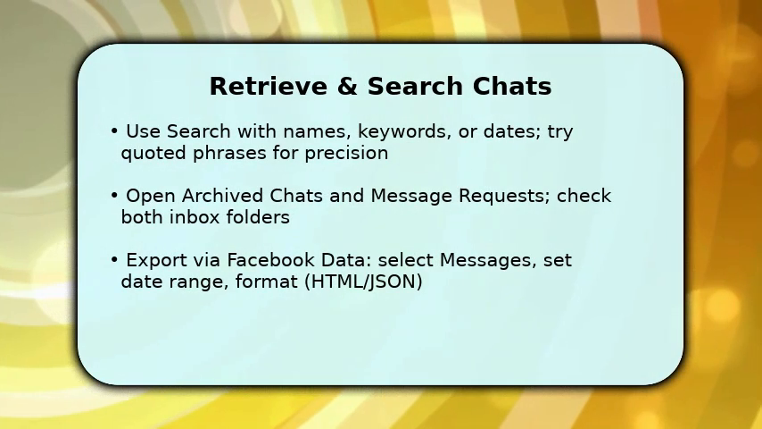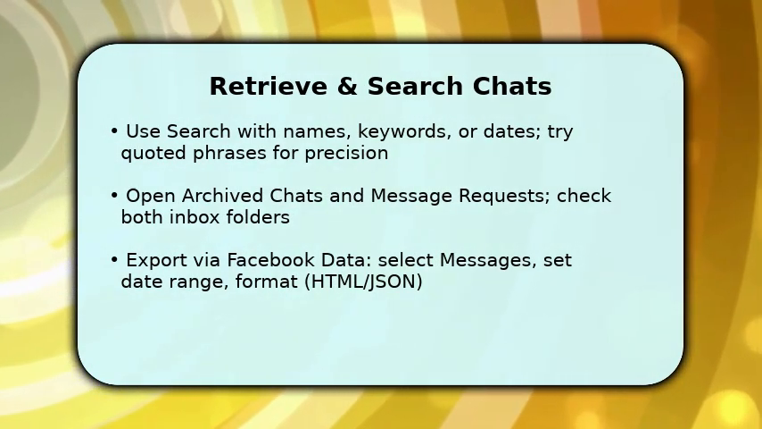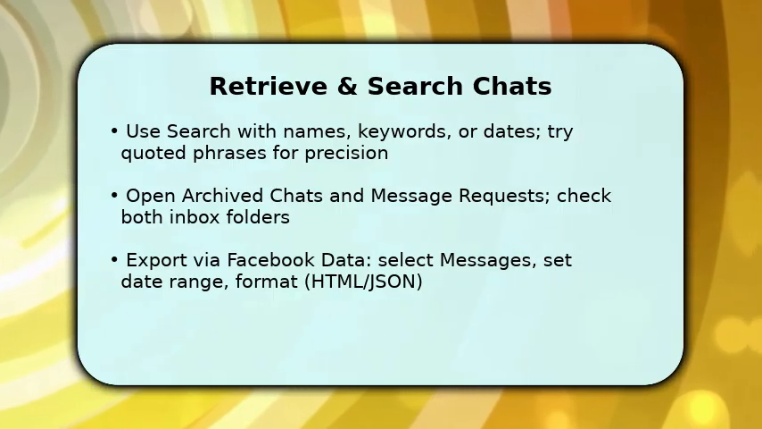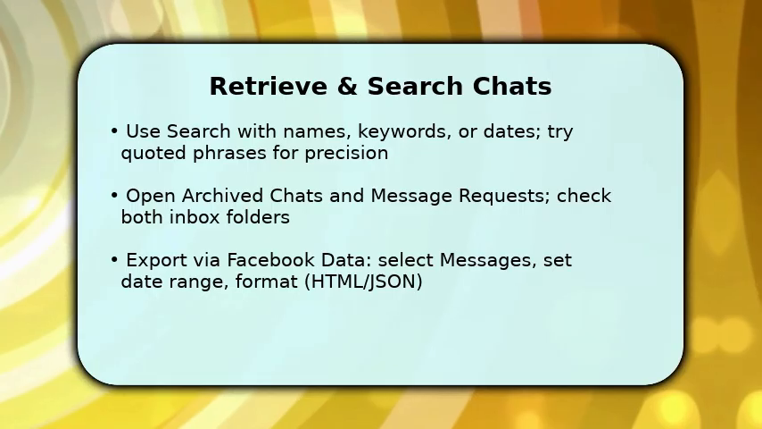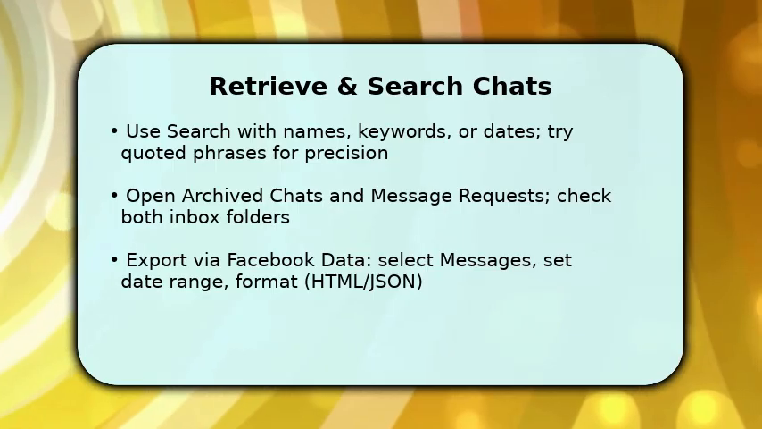Now you locate the conversations themselves. Use the search box with names, unique keywords, or date terms to jump to relevant threads quickly. This saves scrolling. Once a thread is open, check the three-dot menu for View Archived or search in Conversation to